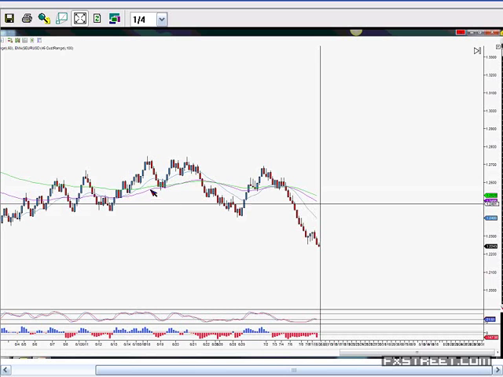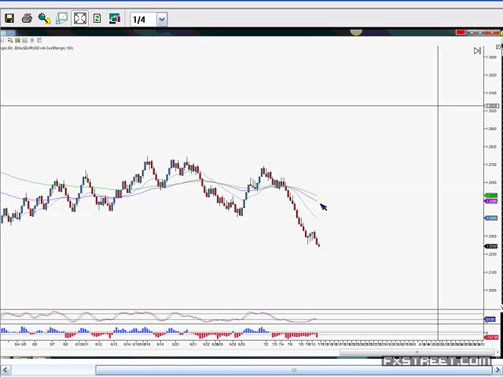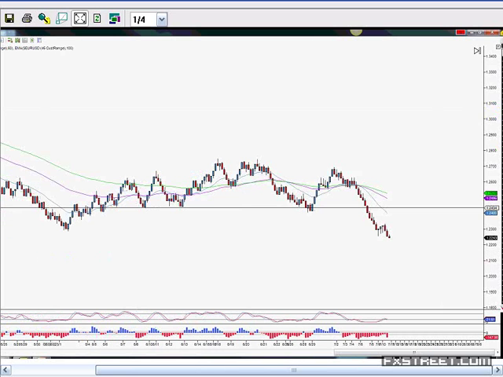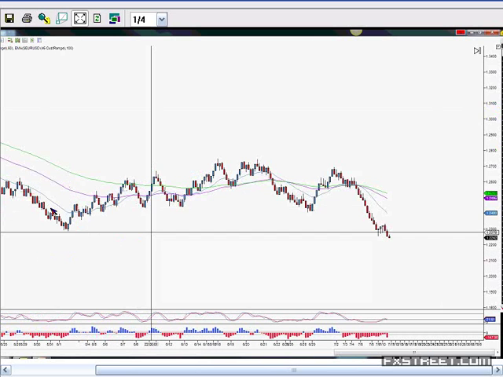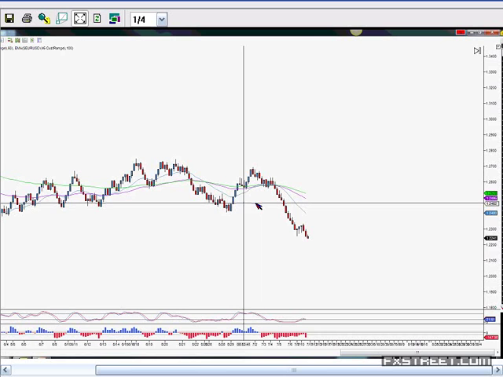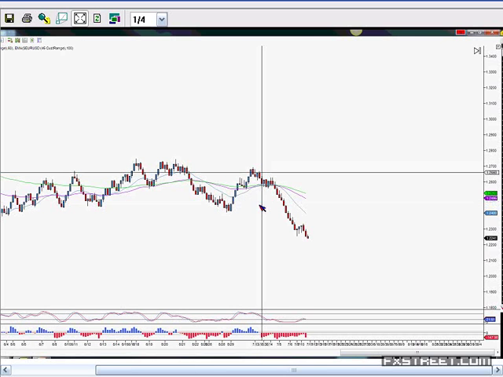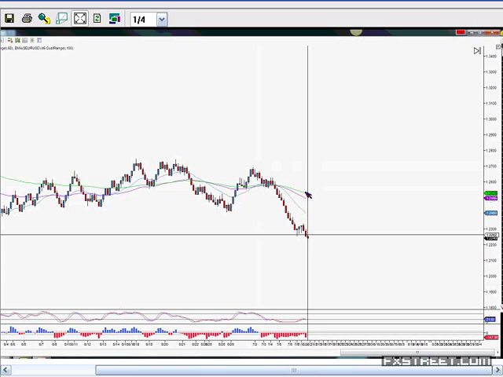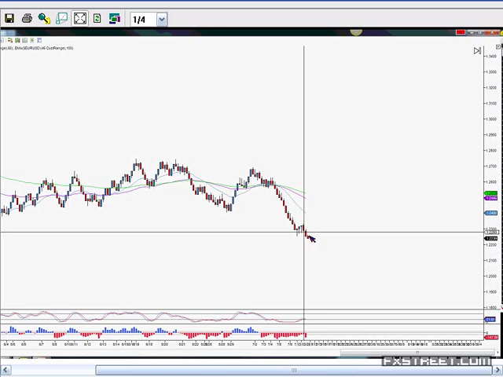So as I said, we're looking for momentum, and we're going to use the moving averages to help us define whether there's momentum and a trend in the market. We use exponential moving averages. I've got the 20, the 60, and the 100 here, and we're on the euro-dollar chart. As you can see, they've been messing about for a little while. We've just had momentum to the downside, and the moving averages are starting to pull away from each other.